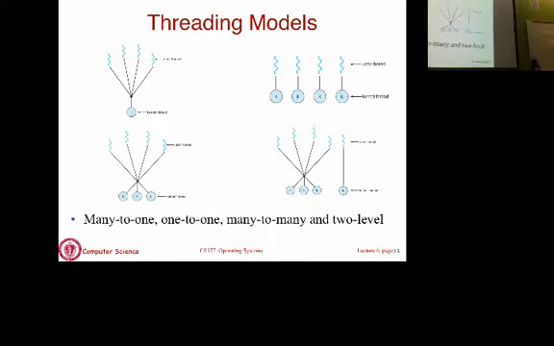From what it seems, many-to-many is in general a lot more useful than many-to-one or one-to-one. But is that because of a convenience to sophistication trade-off? Yeah, so the question is, this seems more useful than the other 2. It is certainly more flexible. Whether it's more useful is a matter of point of view, because it's more complicated. You have to create this mapping. The OS is not going to do it automatically for you.